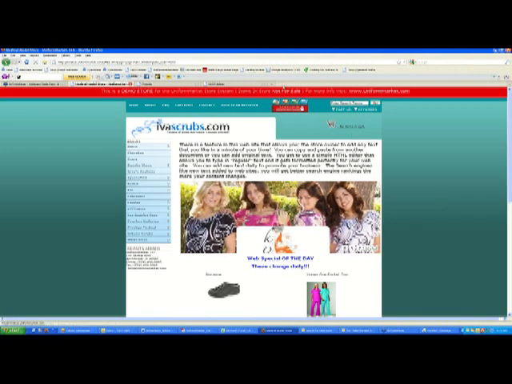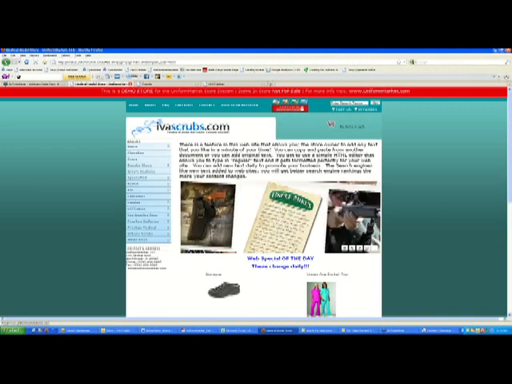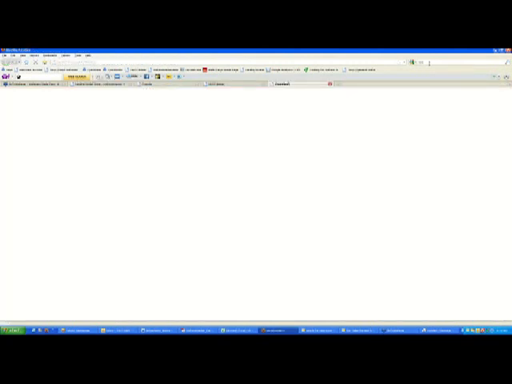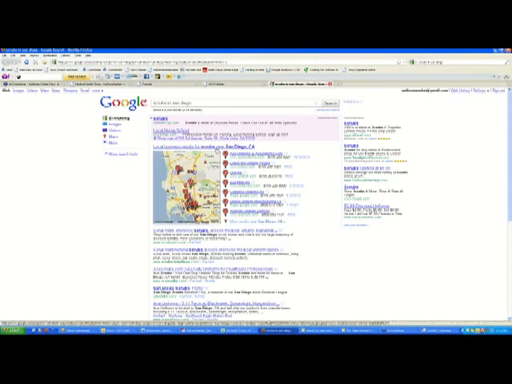If someone types in, I'm going to show you that because this is so important, they type in Scrubs in San Diego, who are they going to find? Well, in this case, they found Ace Uniform, Cintas, Unifirst. So you should do this in the Google bar to find out if you're being found in the cities that you want to be found in. The first place you should win the internet battle is in your own